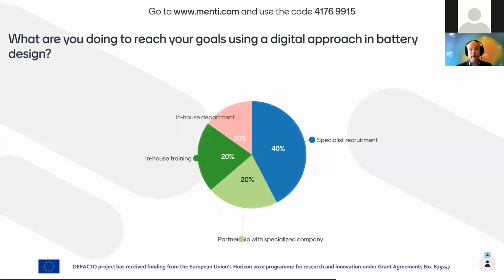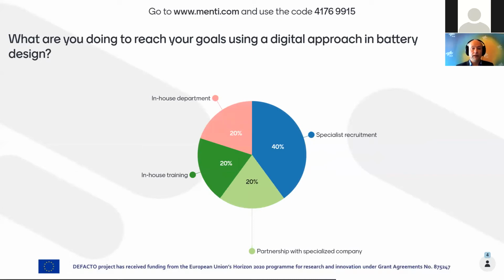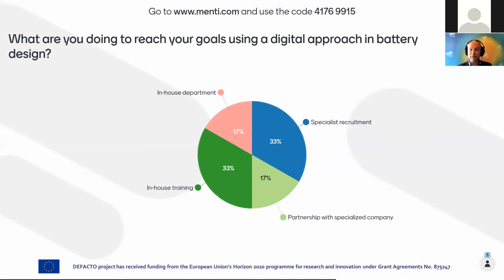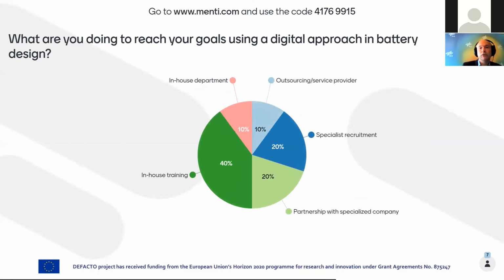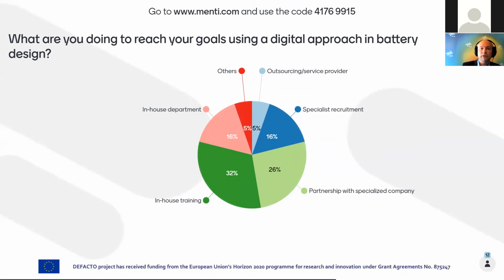in-house training. Of course, you can have somebody in-house, not located in a department, but somebody in each department who knows modeling and simulation. But for big companies you can also create your own department. So in-house training is certainly important. Specialized companies might also be research institutions like DLR, Fraunhofer, and so on. Specialist recruitment is probably the predicament for having in-house training.